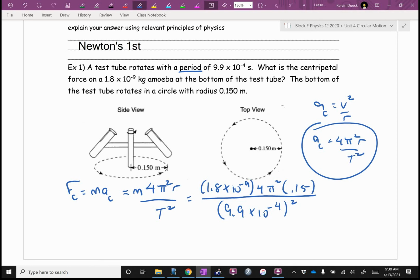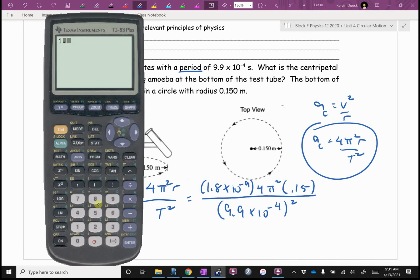You need to find if you can do this level of scientific notation and pi and squareds and get the correct answer. So I'm going to insist all of you try typing that in. M times 4 pi squared R over T squared. You'll have to find out if your calculator requires you to put brackets in certain places. I know my calculator assumes everything's on the top if I don't put it in brackets. So I didn't put brackets around the top because there's no plus signs. And then I also know my calculator, if I square scientific notation properly, I don't need to put that in brackets. I got 0.018, sorry, 0.01